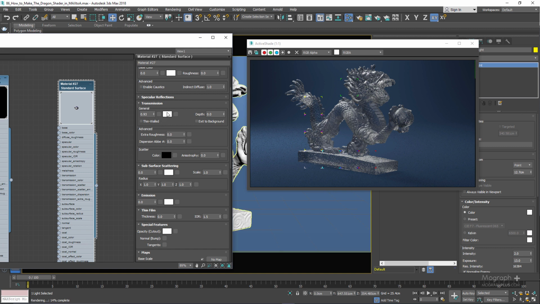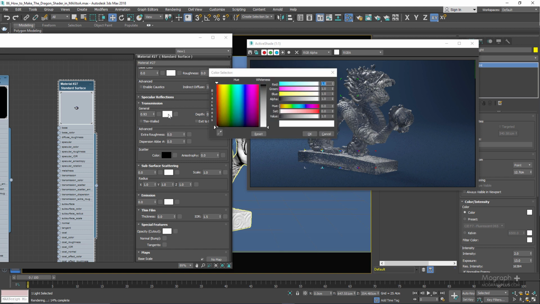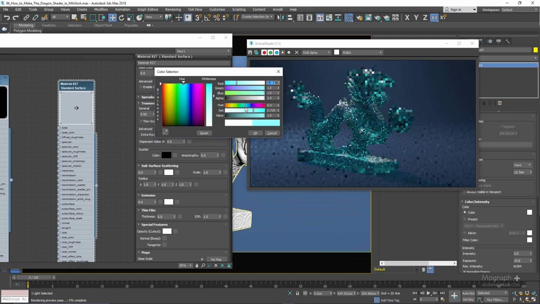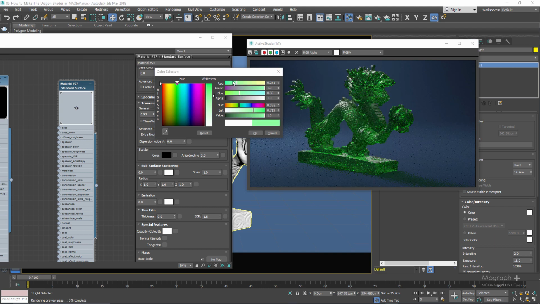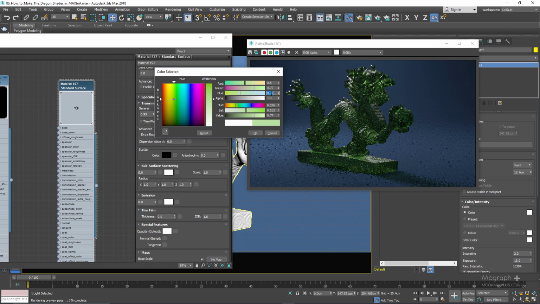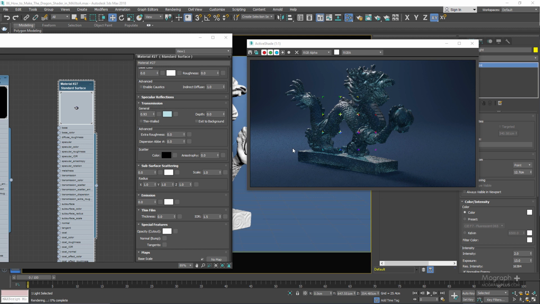So in this case, we can obviously select a specific color or any color and see how it's going to affect the look here. But the exact color that I'm looking for to achieve the look that we are after is 0.5 for red, 0.77 for green, 0.83 for blue. Okay. Now the next important parameter that we have here is this depth, and depth basically controls